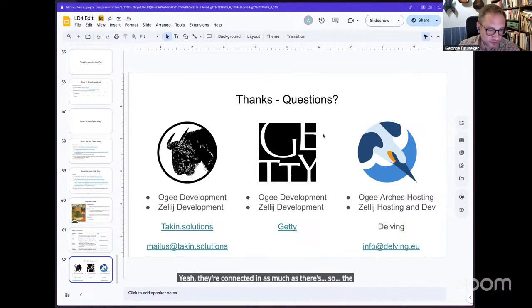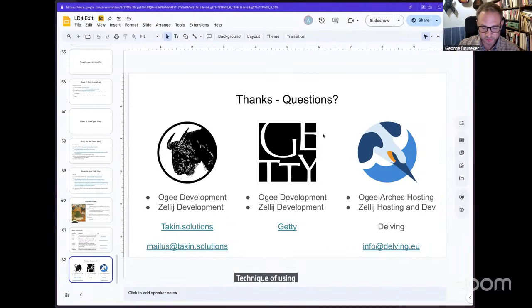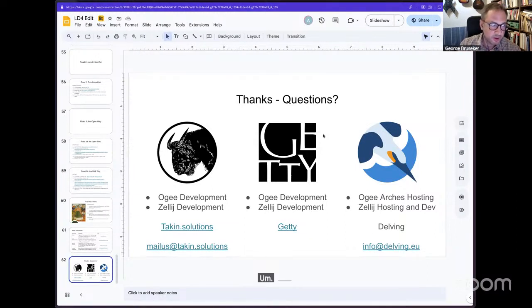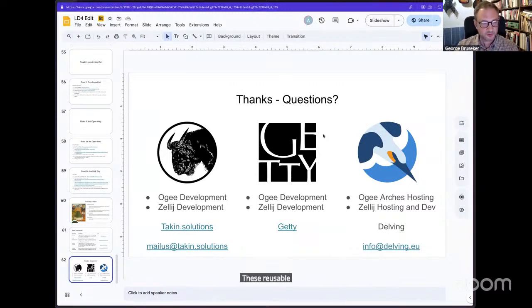The Zalige is the Moroccan traditional technique of using geometric patterns and tiling to create beautiful tessellated designs. And that is something that I think reflects in the data patterns that we build in a project like Linked Art. We're looking to build these reusable patches of information that we can roll out continuously.